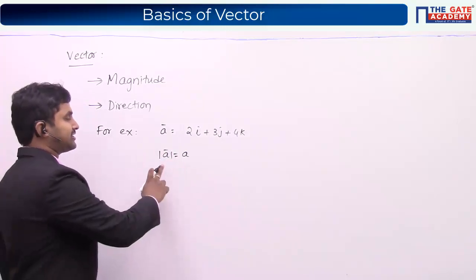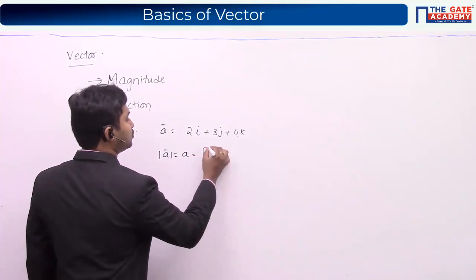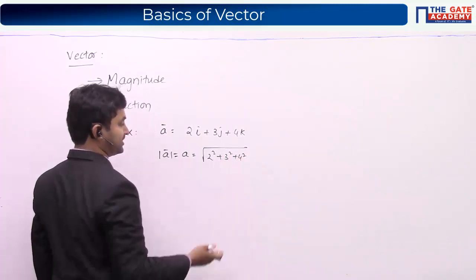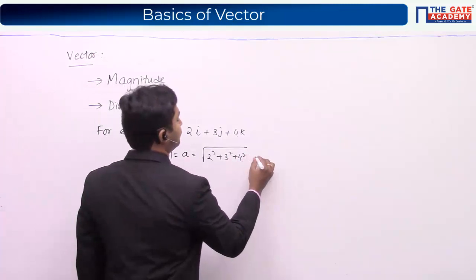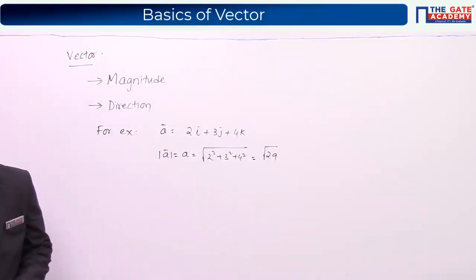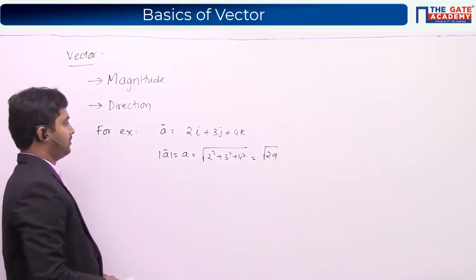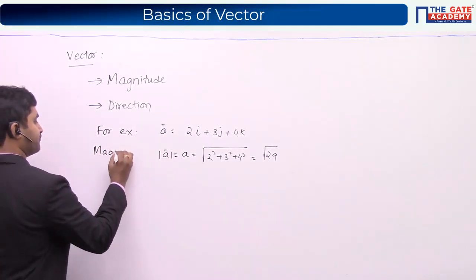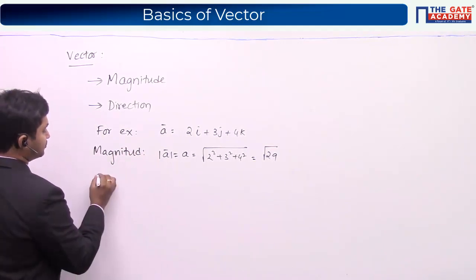So the magnitude can be represented simply as a, which is equal to the under root of 2 square plus 3 square plus 4 square. What is this value? This value will be equal to the under root of 29, right? Now this is nothing but the magnitude. When it comes to direction,